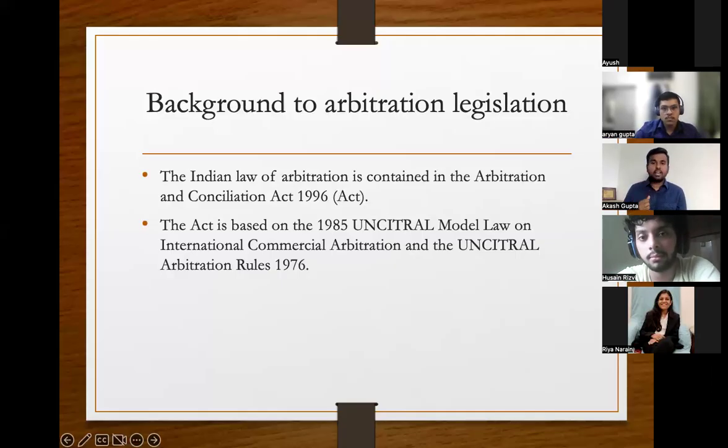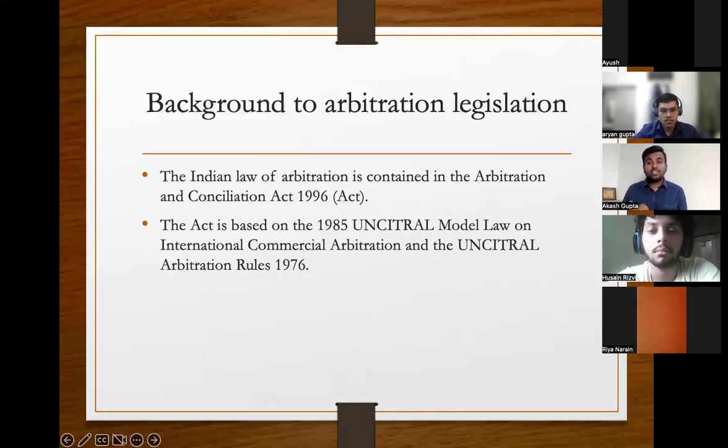If Hussain says that I want to appoint Aryan, Unnati says that I want to appoint Akash, and you can only appoint one arbitrator, you have to go to the courts in Delhi. Why in Delhi? Because the seat is Delhi. If the seat is Singapore, it's the Singaporean court that decides, not any other court. So this is what we mean by seat.